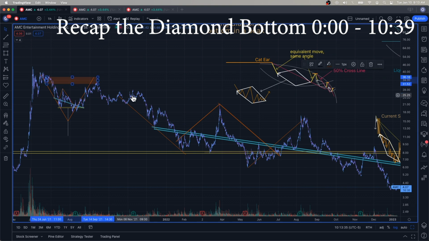The offset value, meaning the amount that this diamond pushes down from its liquid center, not from its bottom, but from its original liquid center, which is where the intersection is of these two trends, down to the bottom, ends up equaling the offset value that occurs from where the drop down to the next top is. So they're using math to shift the chart lower and to achieve a certain price on